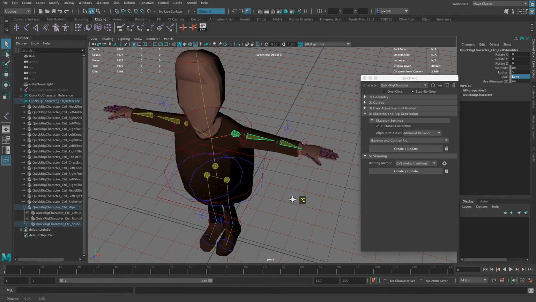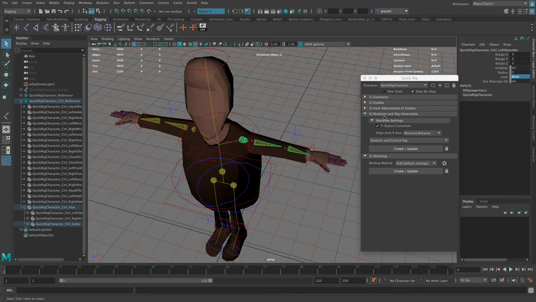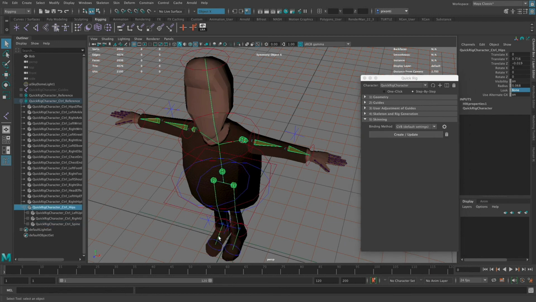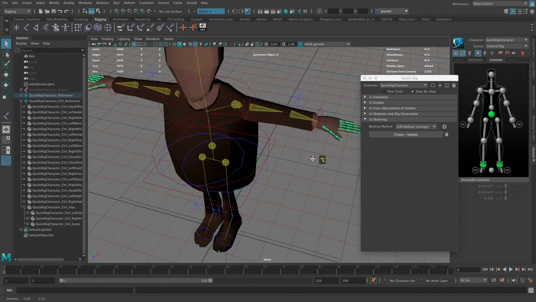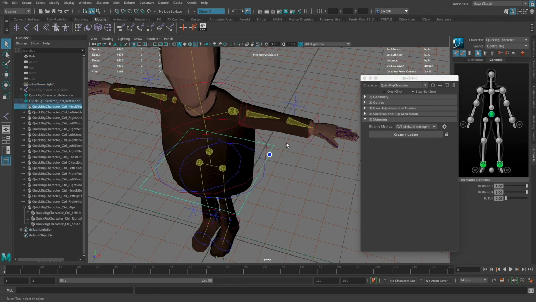Okay, once I have that all set up, I can move on to this last step, and that's skinning. So I'm going to use this skinning. I'm going to make sure that I have this whole thing selected, right? And I can see the controls here, and I'm just going to go ahead and create and update the skinning using this GVB, the default settings method. So if I create an update, it's going to process this, and now I should have the ability to move my character around,